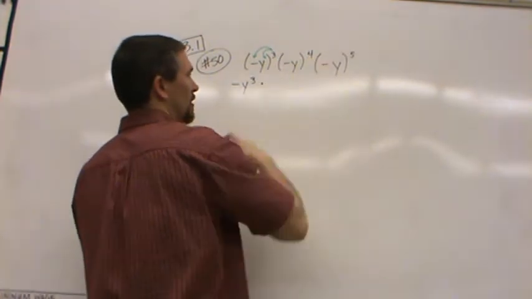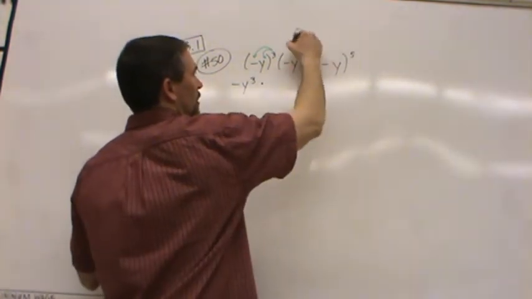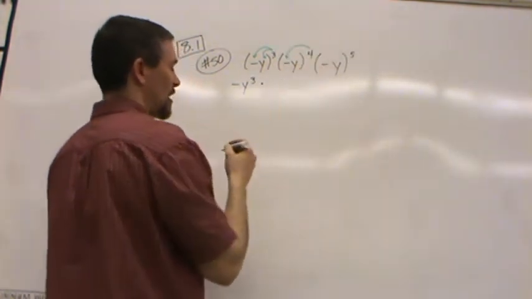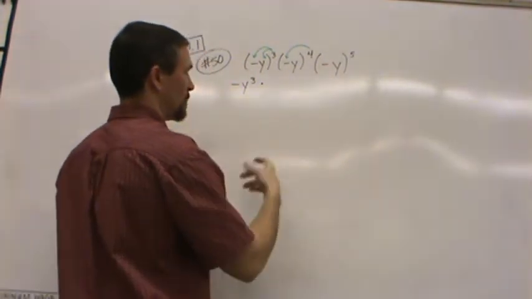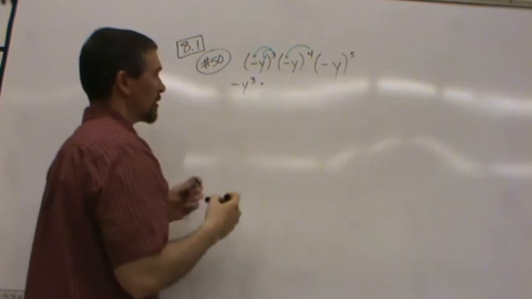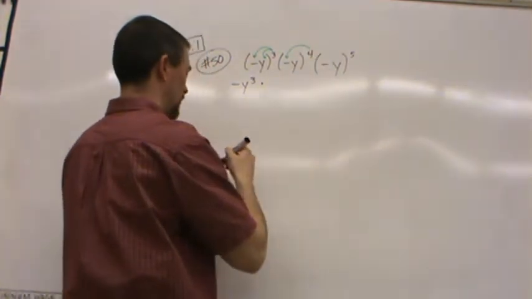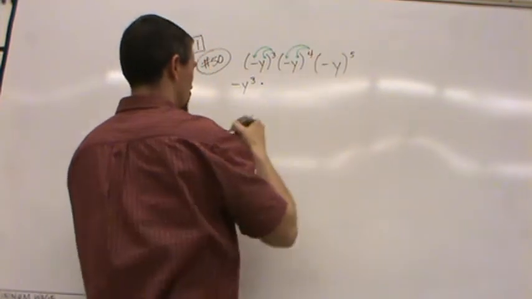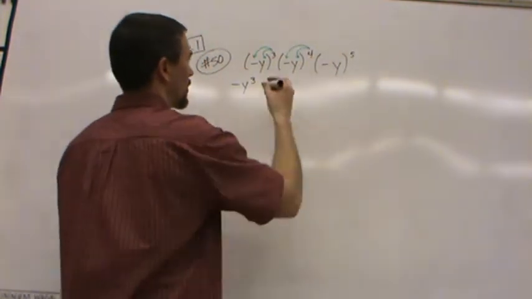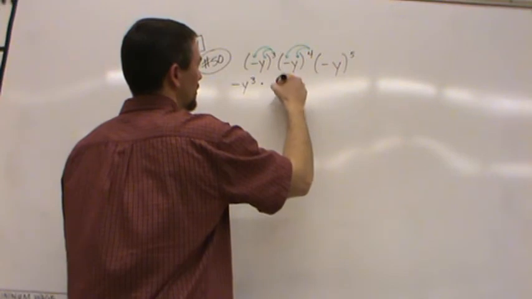Here it would be the 4 distributes to that negative 1, and so negative 1 4 times is going to be positive. So in other words, wait, let me finish drawing my green stuff. So y to the fourth, positive y to the fourth,